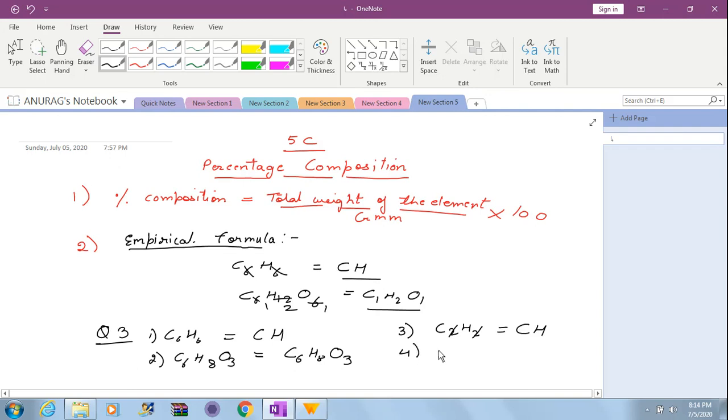Fourth, if I talk about, that is your CH3COOH. Now you have to count here. How many C are there? See now. How many C are here? 1, 2. So you have to write C2. How many H are there? 3 plus 1, 4. So H4. How many O are here? 2. So O2. Now you see the common factor. 2 ones are 2, twos are 4, 2 ones are 2. So answer comes out to be C1H2O1.